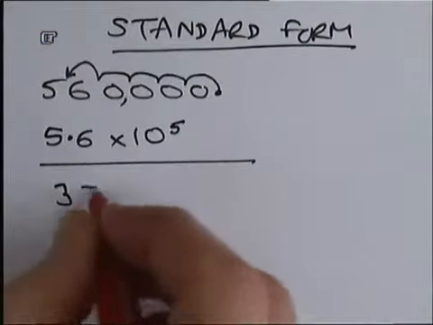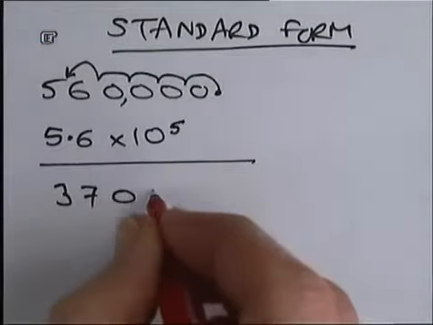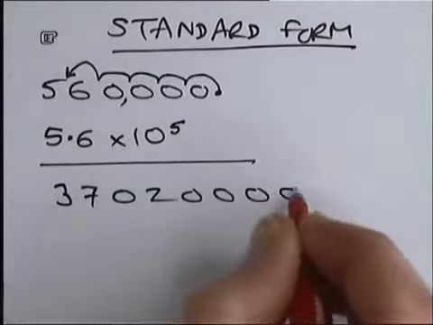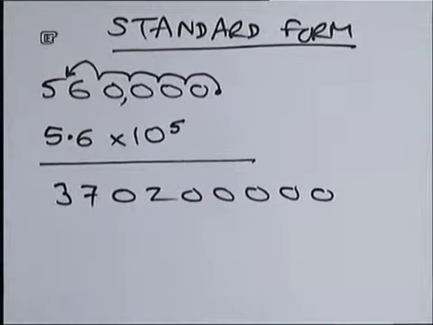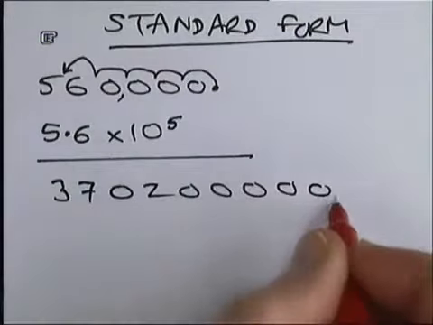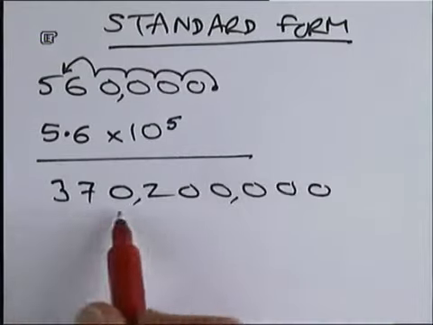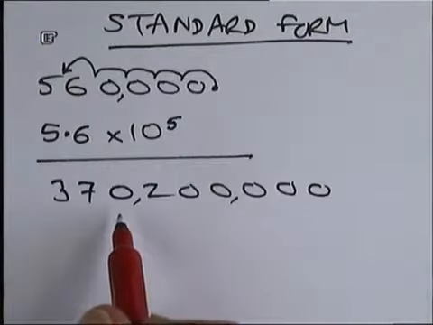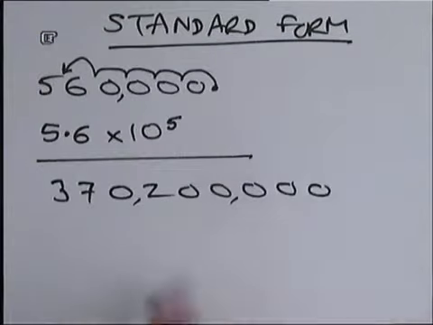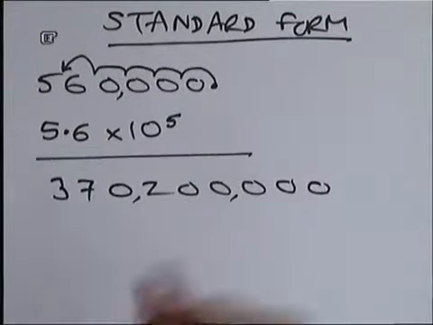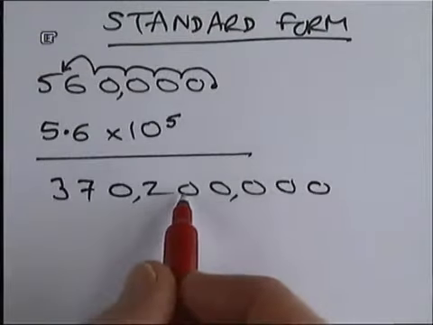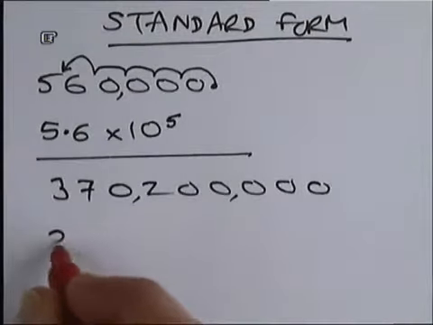If I do another one, 37020000. Now, let's try and work out what that number is. It's often useful to come back from the end, putting commas in. So these are the millions. That's 370,200,000. If I'm writing it in standard form, I ignore noughts at the end and I write down what else I've got, which is